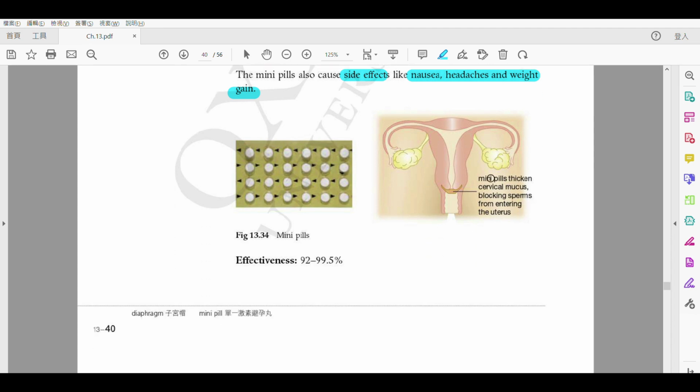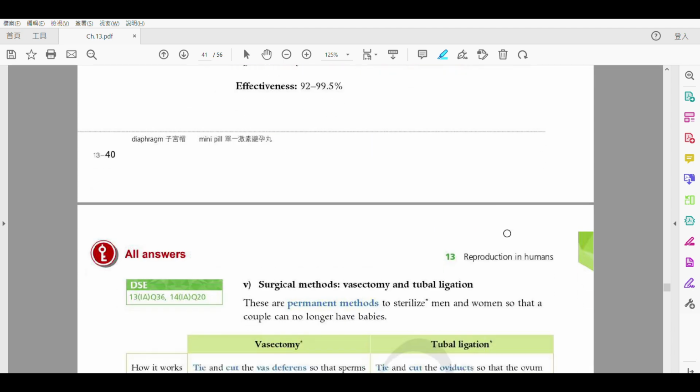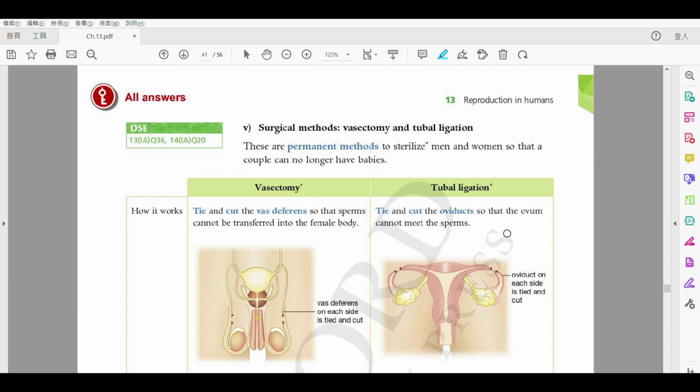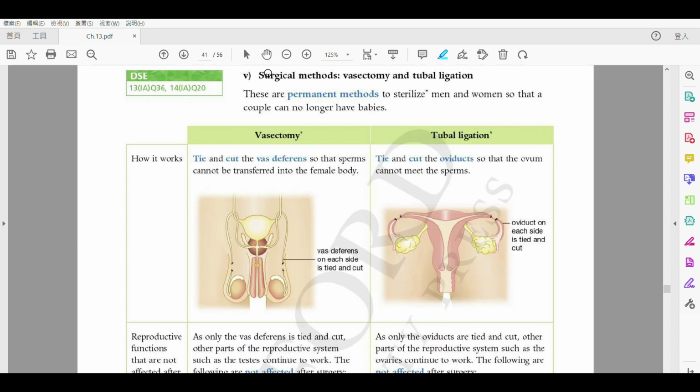咁然後啦, so how does this work? 就係佢會 thicken 呢個 cervical mucus 啦，然後就會 prevent sperm from entering 呢個 uterus 啦。Remember, you also need to know the mechanism。你要知道嗰個機制嘅。How do the contraceptives work？佢點樣去進行嘅？Alright. And then the last method, once and for all, like 100%, nearly. Okay? So this is the surgical method.